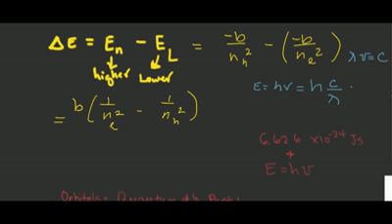Then we can plug that in for the energy. So we had E right there, right? So we can do hc over lambda, and then if you divide both sides by hc, you get 1 over